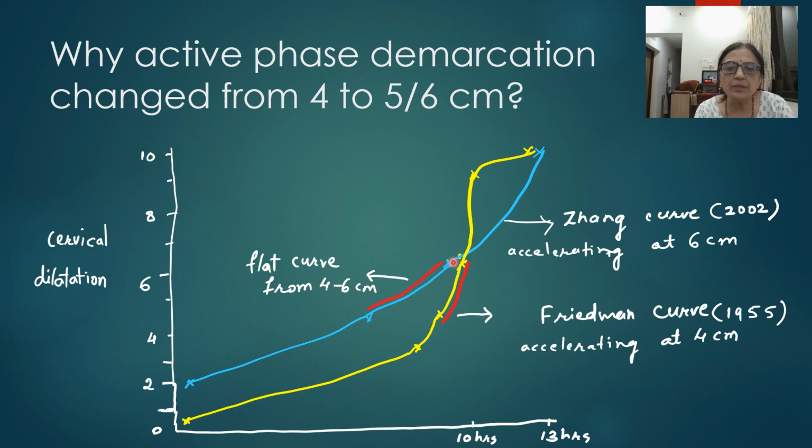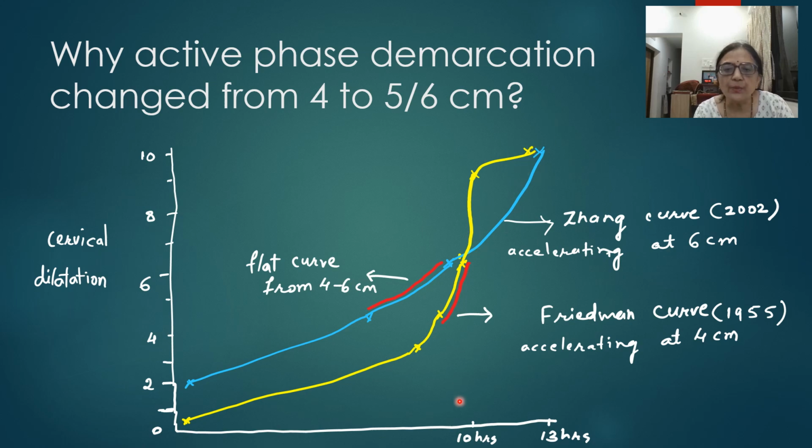From 4 to 6 centimeters, the curve is not steep like it is shown in Friedman. It is comparatively a flat curve. As compared to Friedman, it is a flat curve from 4 to 6, and that is how the concept came that we should be calling the active phase not from 4 centimeters but from 6 centimeters, because from 4 to 6 also the labor curve is not accelerating much. It is almost a line which is going along the same direction, and then suddenly there is a change after 6 centimeters